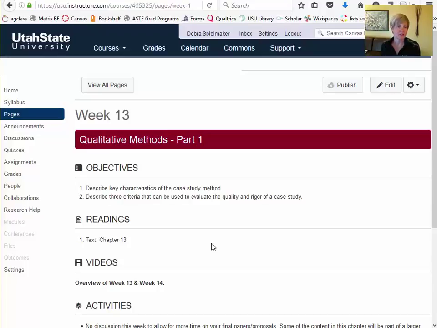This week, we start our discussion on qualitative methods. This says week 13, qualitative methods, part 1, and next week, week 14, we'll say part 2. And quite honestly, you might say to yourself, oh, we're squishing in quite a few chapters here at the very end, the last 3 weeks of qualitative research, and we have spent essentially 12, probably 11, because we talked about